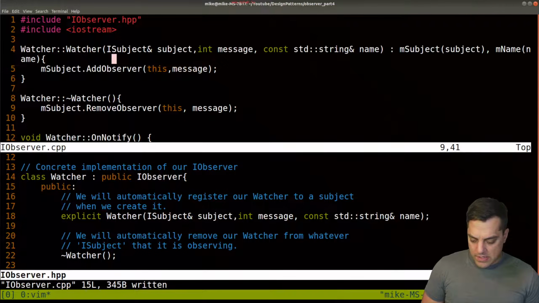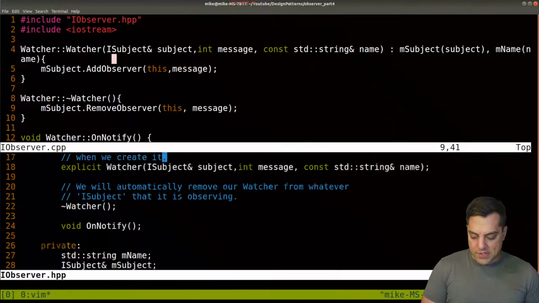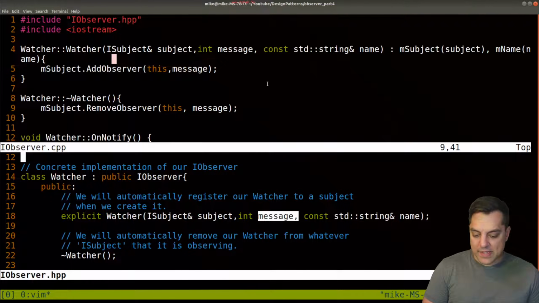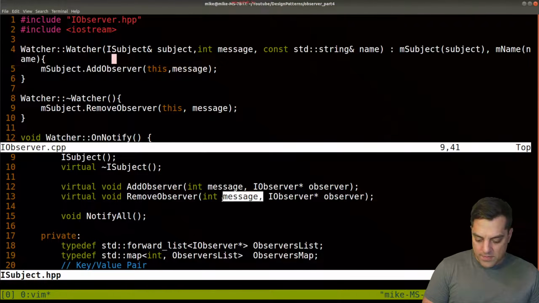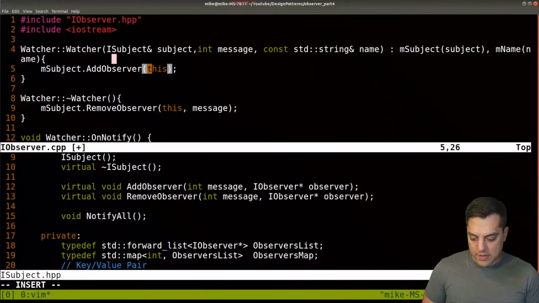Okay, so let me just check this. This looks good. We now are able to pass in a system here. And let me go ahead and just look at our signature for ISubject, the header file. And we are removing, oh, I guess I mixed these up here. Let me go ahead and switch these. I guess it doesn't really matter here. Let me just make sure I call these in the right order. So go ahead and say the message and our subject. Again, that's maybe not as consistent as I'd like, but let's go ahead and get this running here and see